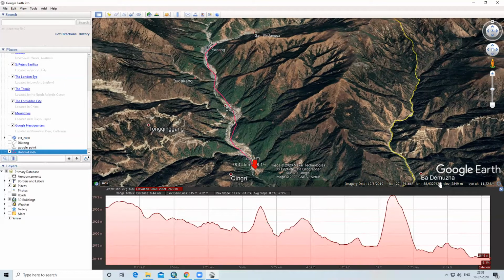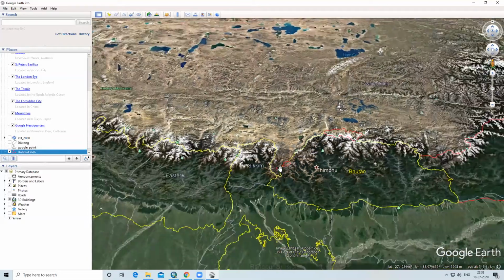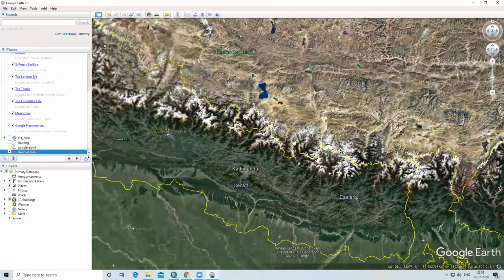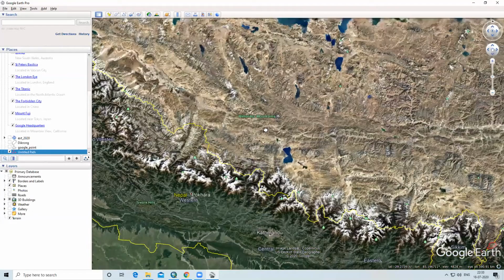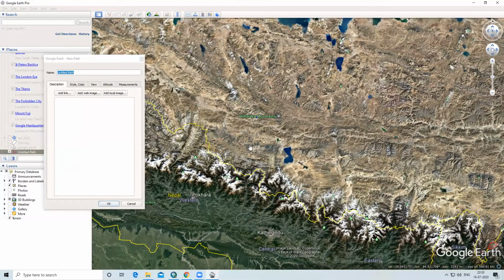Again I will show you a profile for the Himalayan region. So here is a Himalayan mountain. If I add a profile from the Himalayan mountain, it will show a decreasing path.